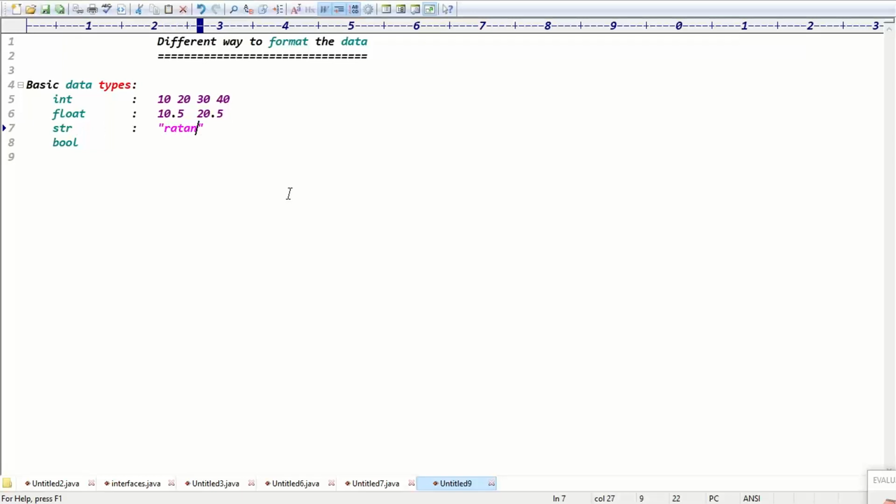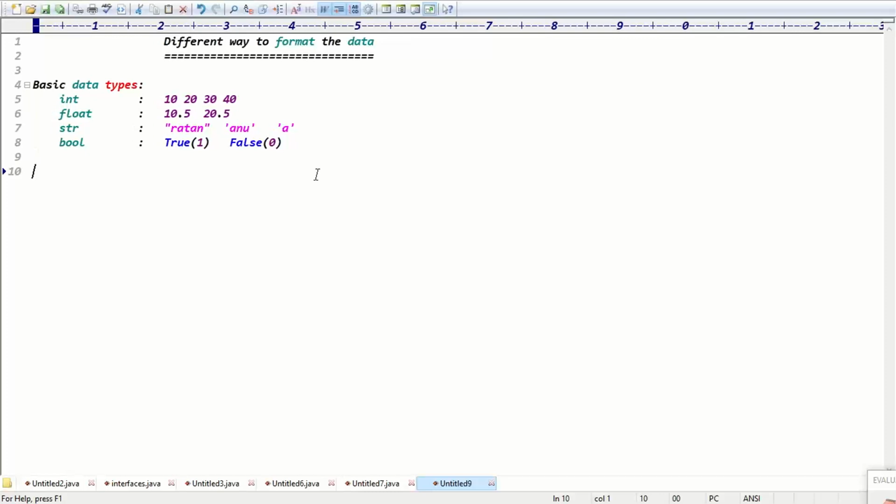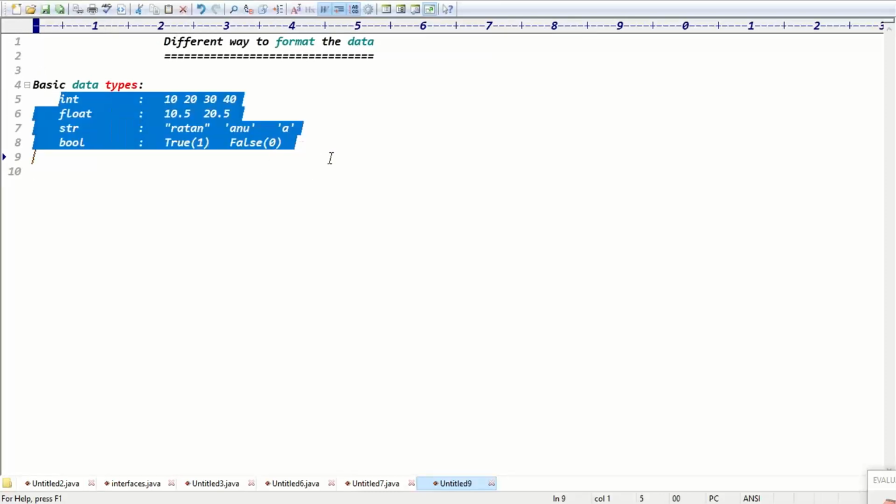In Python, string data we can declare in single quotes or in double quotes. Python doesn't support any character concept, guys. So in Python everything is in string format. And Boolean data means what? We can declare True and False, and the T must be capital and the F must be capital. True is represented as 1 and False is represented as 0, right? Guys, in total how many basic data types in Python? Four basic data types in Python, right?